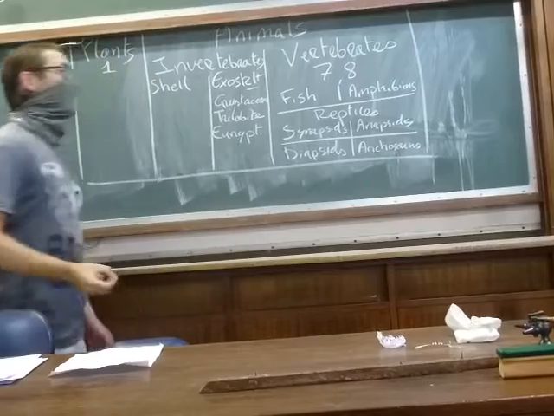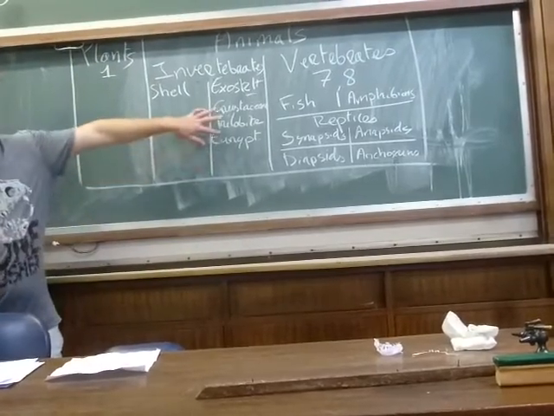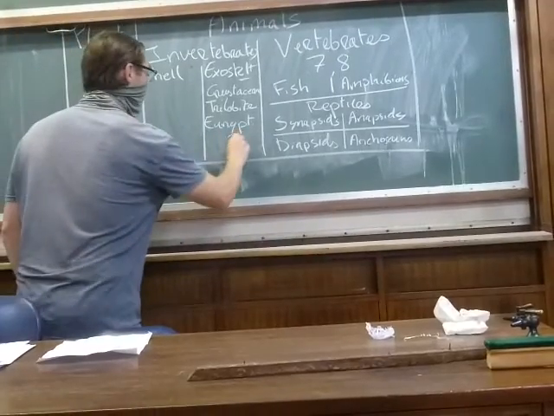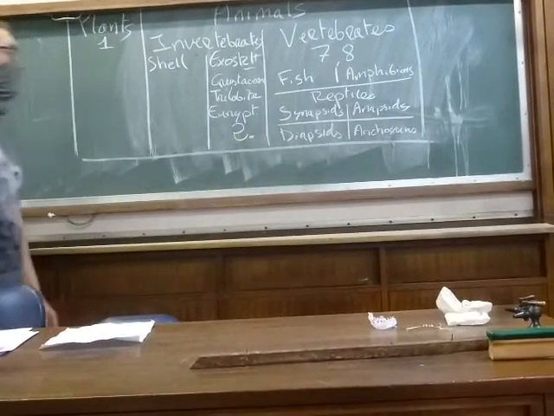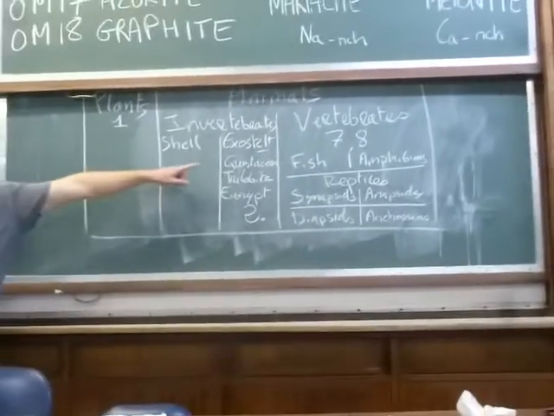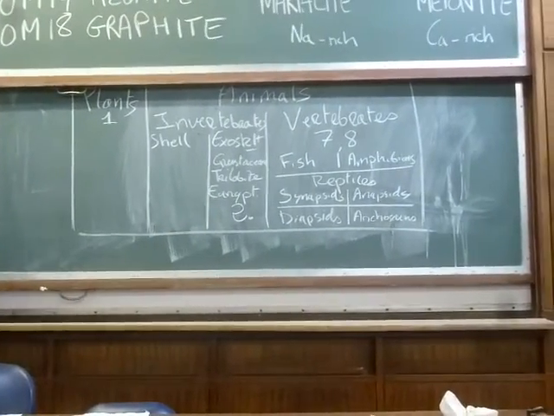Eurypterids. So once again, do not worry too much if you don't know these words. This is row number 2. So what you need to remember here is to go to row number 2 to see what are these animals.